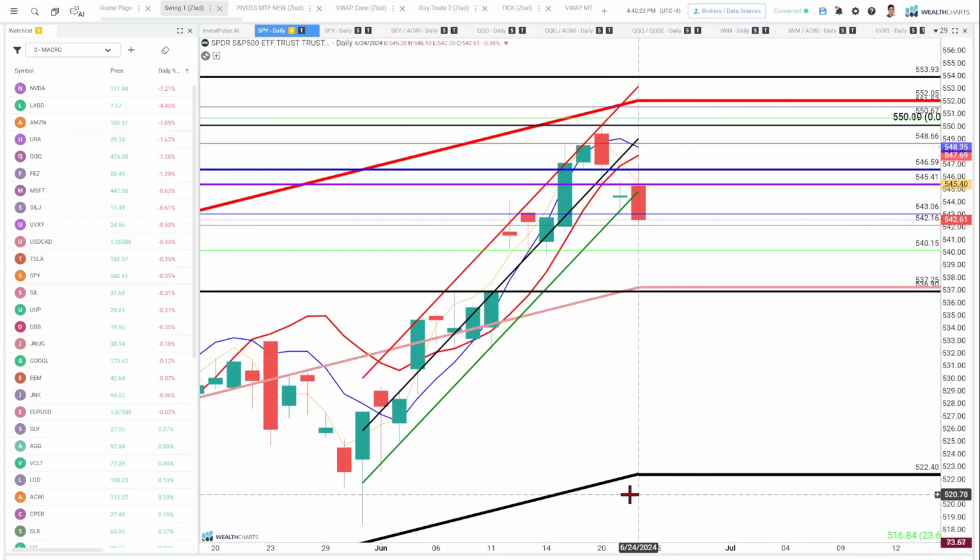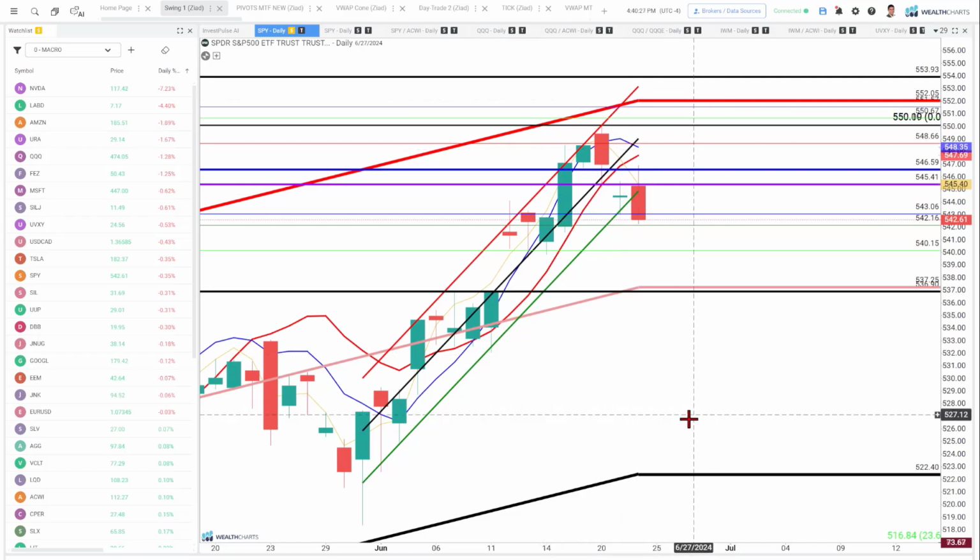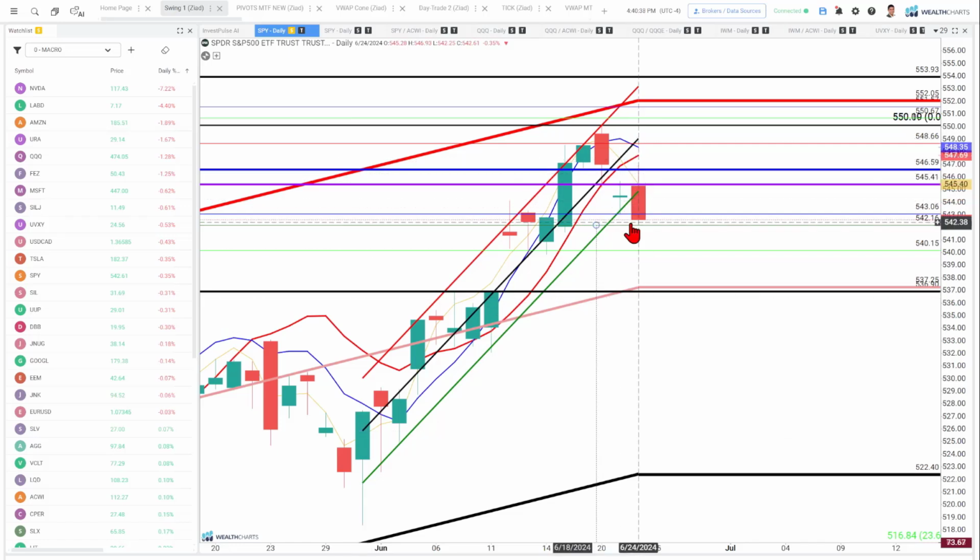Now let's take a detailed look at the SPY here, zooming in at the hard right edge. There's that mean reversion center of the channel. That's 2 standard deviations above the center of the channel, and that's 1 standard deviation above. Now you'll note that I've also got a channel on the behavior from the latter part of May all the way to today. And you can see that we have broken that little mini channel.